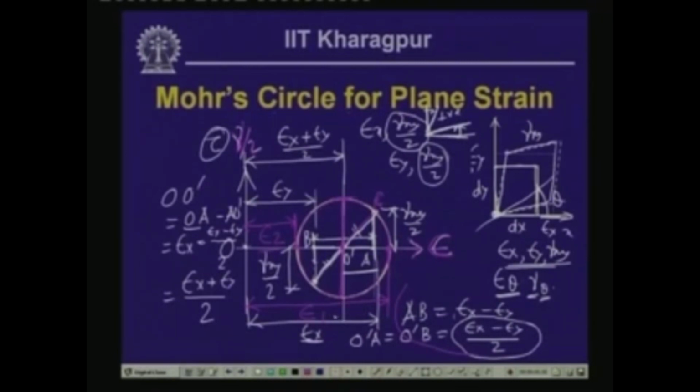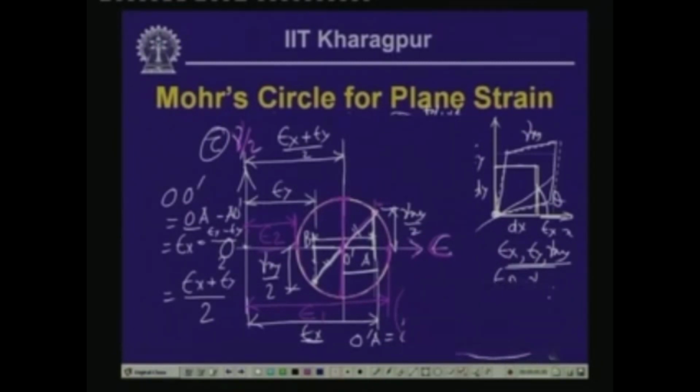Now, the value of epsilon 1, from this particular diagram, is equal to the distance O dash plus the radius. So, O dash plus radius, and the value of the radius, if we look into